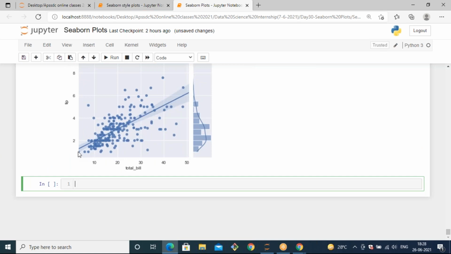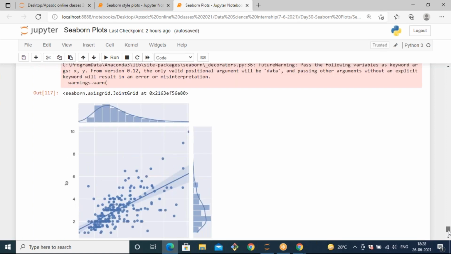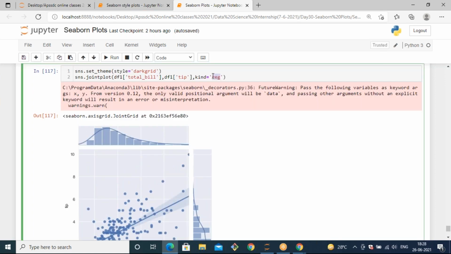And out of the points, you will get a kind of straight line. This straight line can be pointed out like a regression plot. That means it will point out a kind of plot between the tip and total bill. At some point, the points can be matched together. So whenever they match, I want to plot a regression plot by using a line. If you want to draw a regression line, you can use kind equals to reg, so that you will get a regression plot. Like this, you can specify a kind of plot by using joint plot.